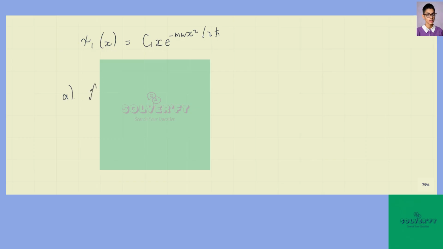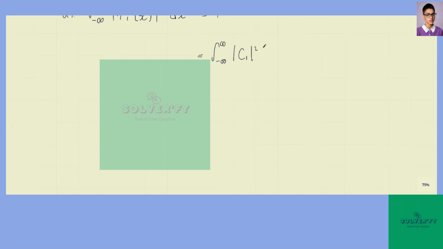And we know that the integral from minus infinity to infinity of the magnitude of psi1 of x squared dx must equal 1, and this must equal the integral from minus infinity to infinity of c1 squared x squared e to the minus m omega x squared over h bar dx. And so this is equal to